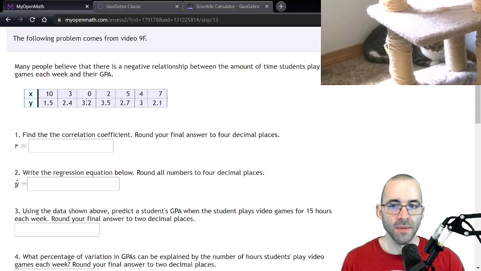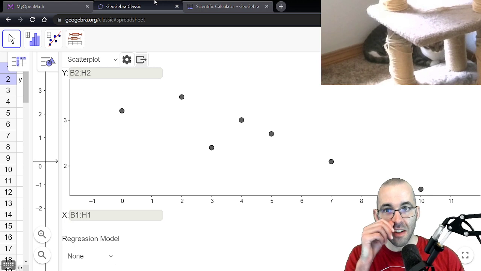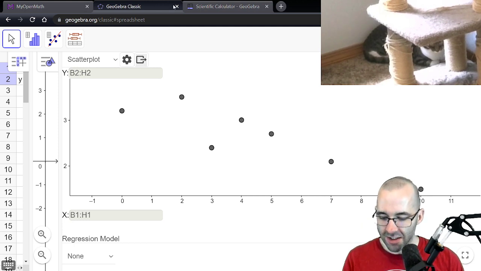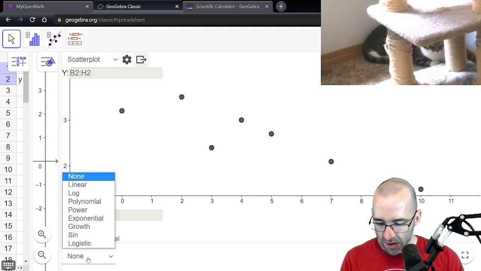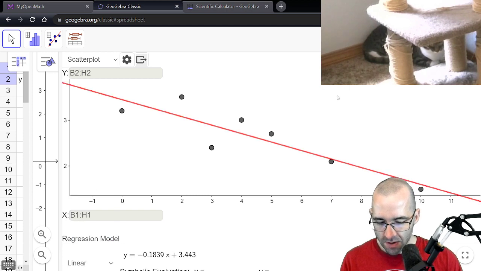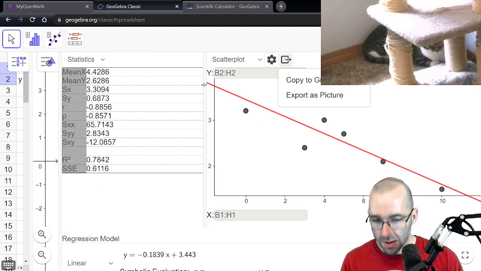Hey, we did. Great. So nice to make sure that GeoGebra is interpreting what we're telling it to do correctly. So let's make a linear regression model and let's look at some statistics